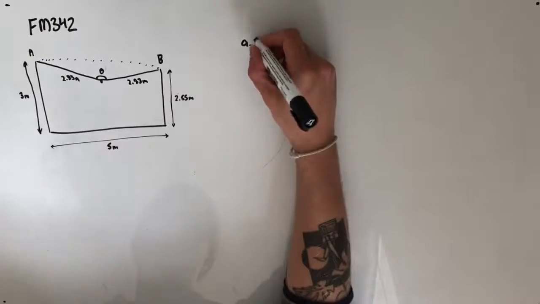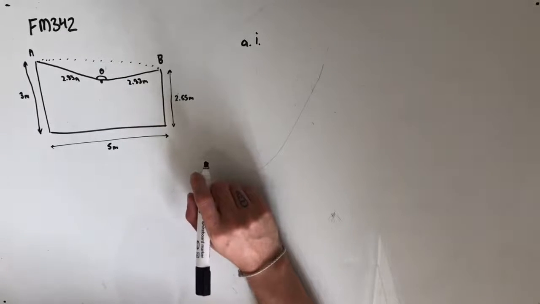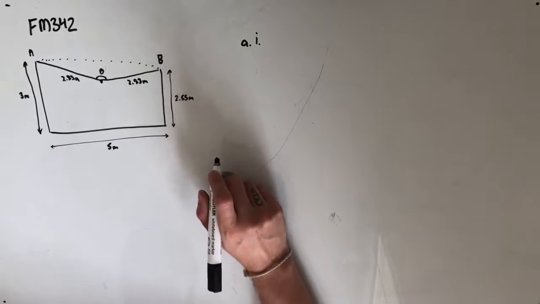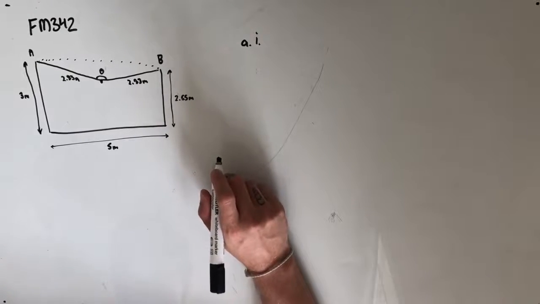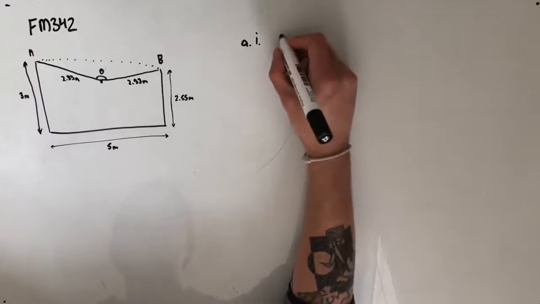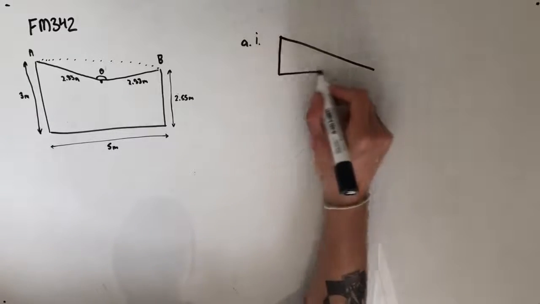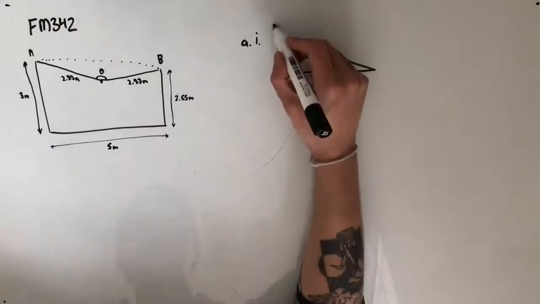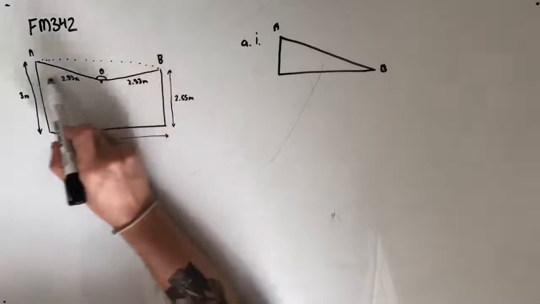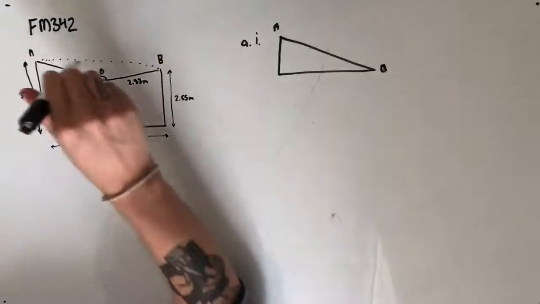Question A, part I, or part 1, says, show that the straight line distance in meters between the lights at point A and at point B is 5.02 meters when rounded to 2 decimal places. So the way we're going to break this down is actually by creating a right angle triangle. So we have something that looks like this between point A and point B. So we're taking sort of a straight edge and cutting it out and using this dotted line as our